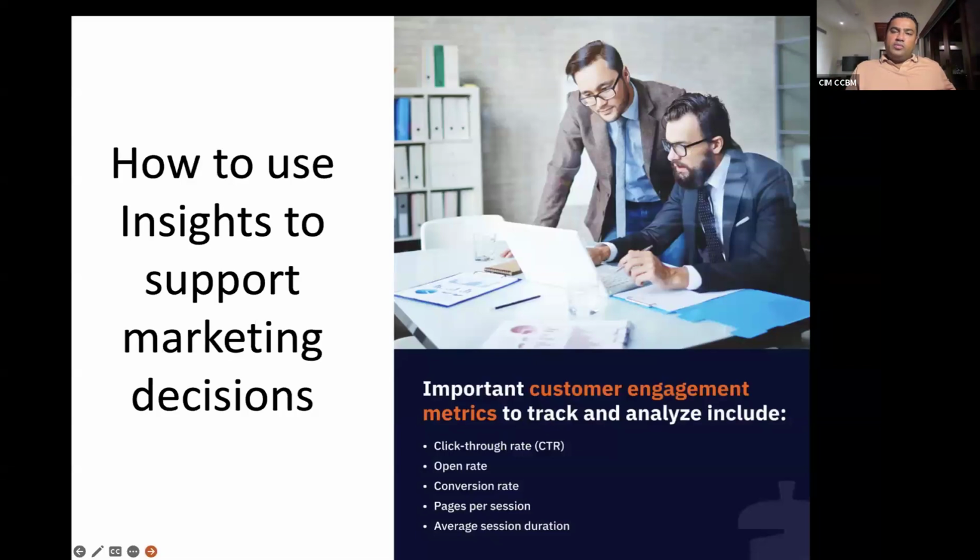And it is also important in digital marketing to look at customer engagement metrics. So these are some of the digital marketing terminology. I'm sure you learn them in social media marketing as well, right? Click-through rates means,